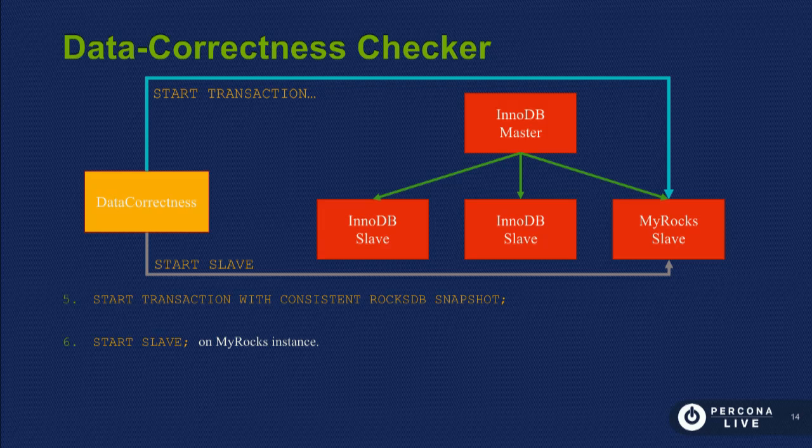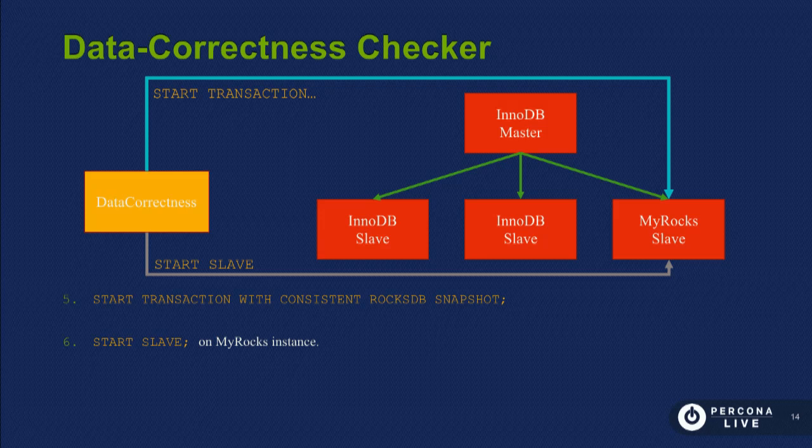So now we have a connection from the tool to the InnoDB slave that's at one GTID set. And then it has a second connection to the MyRocks slave that's exactly the same GTID set. And if those match, then it can tell the MyRocks slave to continue replication. So in this particular picture, all of the slaves are still running, replicating from the master, but we have these